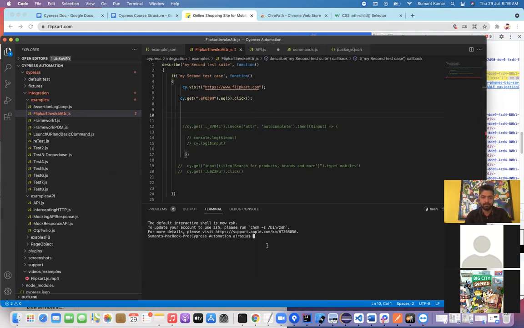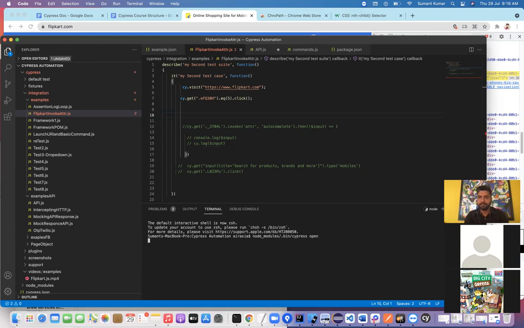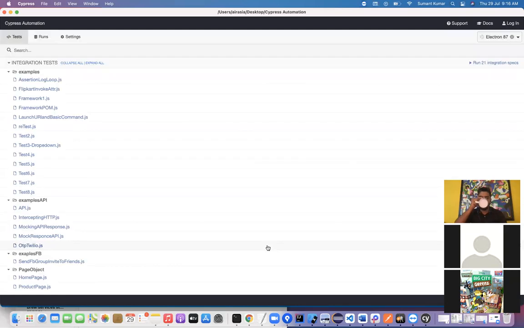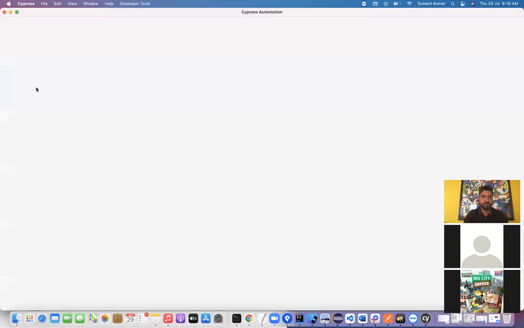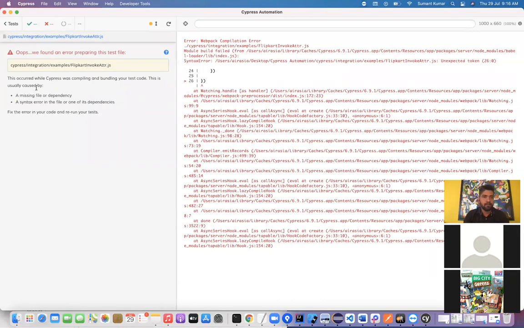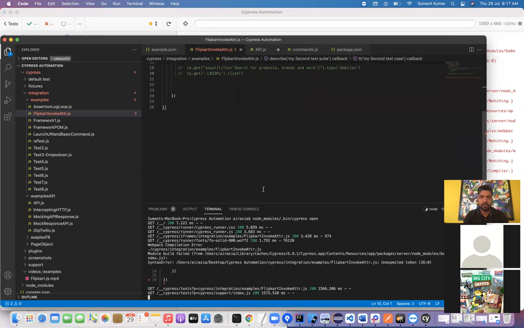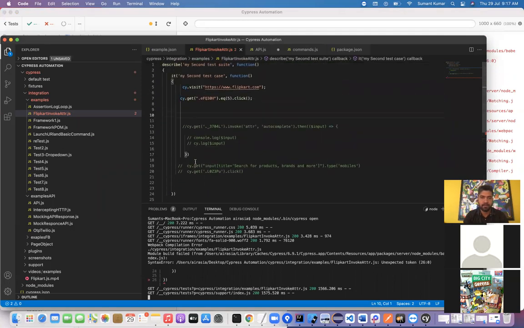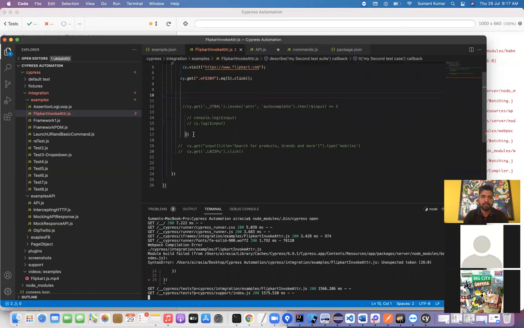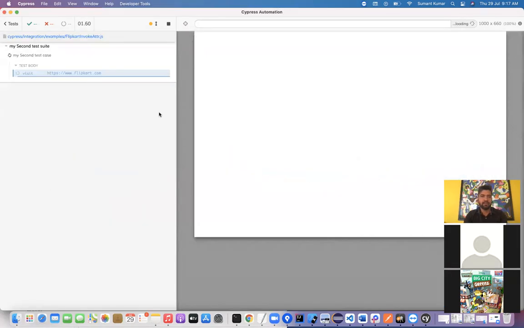Okay, so Cypress.open, then the Flipkart attribute, this one was the test case basically. Let me see whether it's working or not. We have some issue inside. Okay, we have a bracket missing here. And cypress.get.eq, we have an extra bracket here, so we have to comment this one as well. That's why it was showing the error. Once I saved it, you can see it automatically started working.